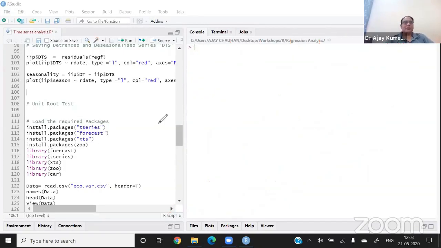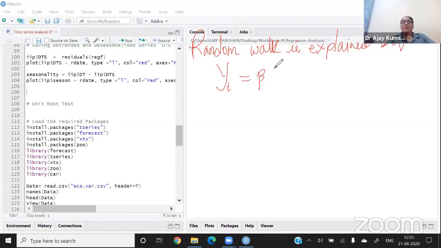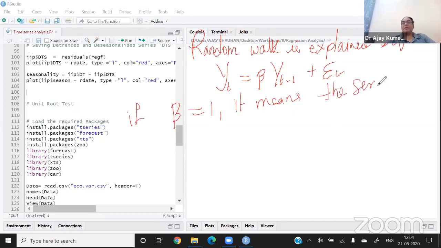As I said, a random walk is explained by the series yt equal to beta into yt minus 1 plus et. And the assumption is that if beta is equal to 1, it means the series is a random walk, right?